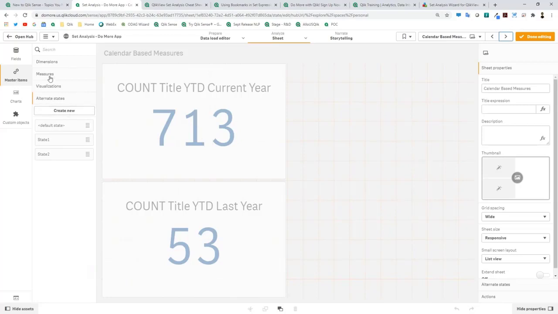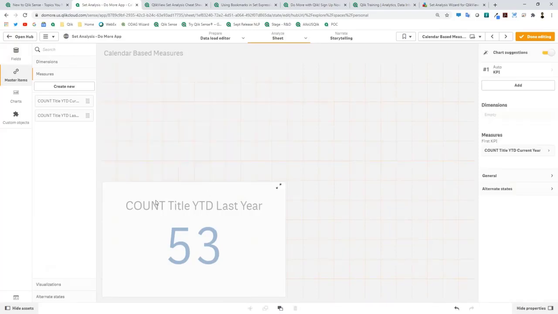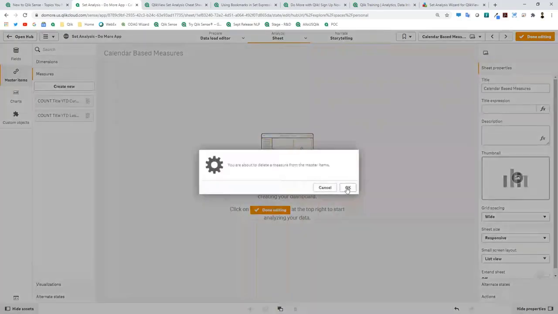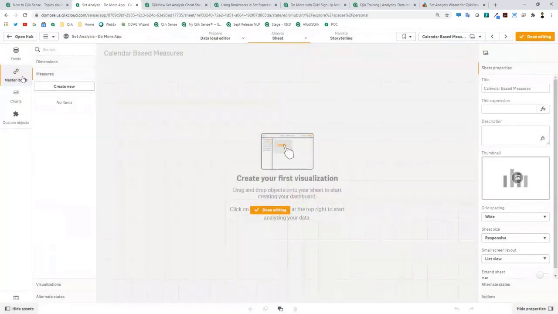And you could do that by utilizing hard-coded capabilities within set analysis by saying where year equals 2018, and where year equals 2019, and where year equals 2020, for example. Well, we have this built-in capability. I'm just deleting them here for us right now so you can see them directly within the measures under master items